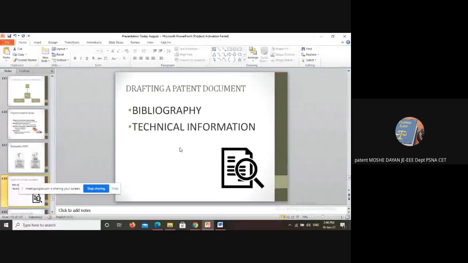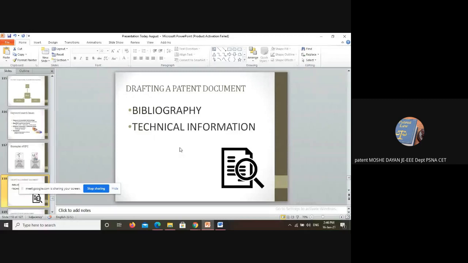In case you want to do the complete process, you have to fill Form 1, Form 2, Form 3. That's a declaration. There is no fee for that. And very especially Form 9 and Form 18. Form 9 and Form 18 altogether, you will get less than 9,000 rupees for the complete filing process. And when you do this, definitely within a span of 3 months, your patent gets published, and thereafter comes the FER, and you have to reply to the objections, and then there will be a link sent to you for the hearing, and if you're good in the hearing, then definitely you will receive the grant certificate.